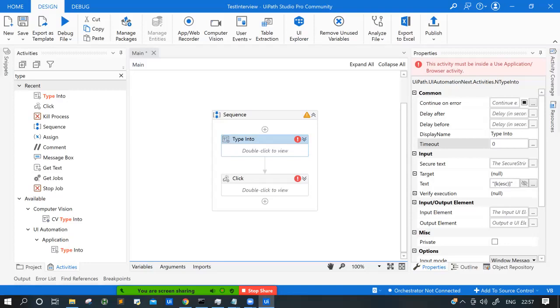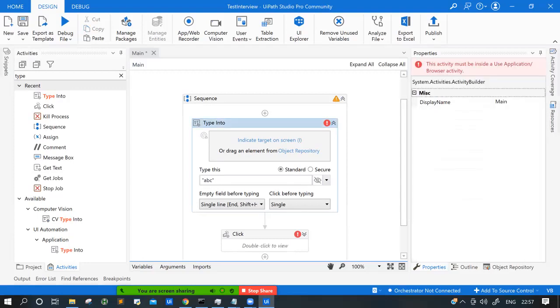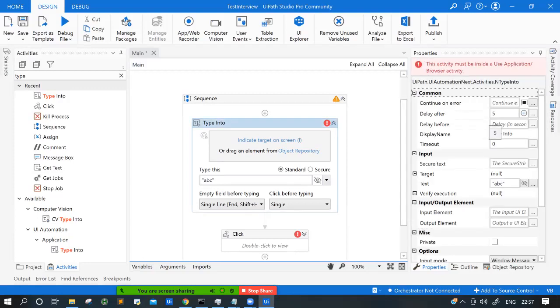For example, I have typed ABC somewhere, and after typing ABC you should wait for 5 seconds. If it takes seconds, you can write 5; if it takes milliseconds, you make it 5000. So delay after for 5 seconds means after typing ABC, wait for 5 seconds.